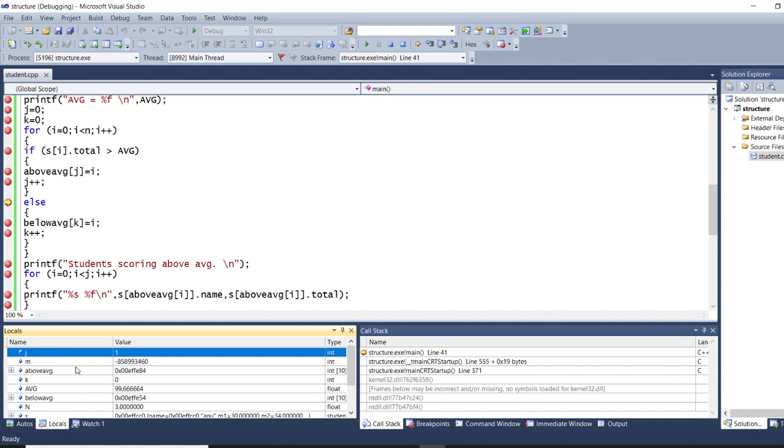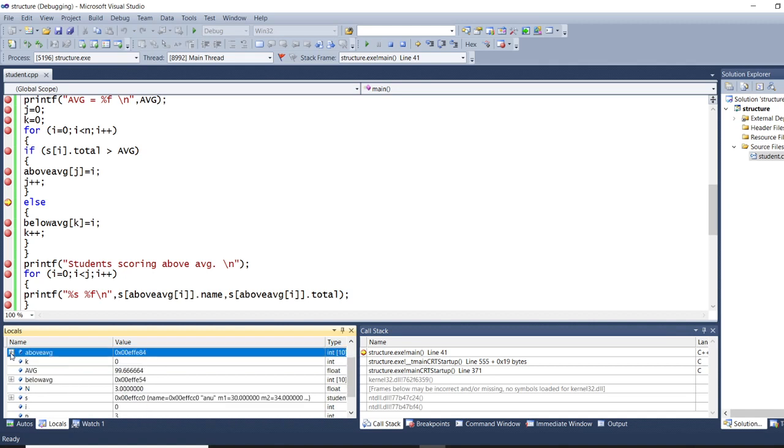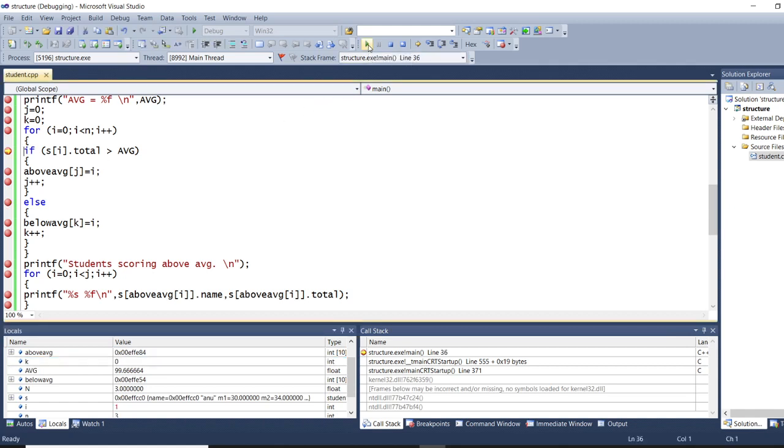If you want, you can see here the 0th student is there. So now else. Now we'll see what will happen. Once again, this will continue for the second student.